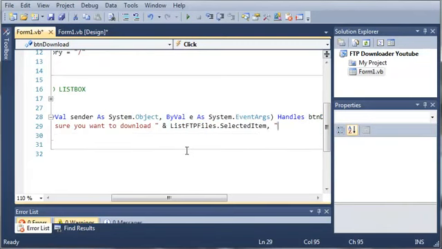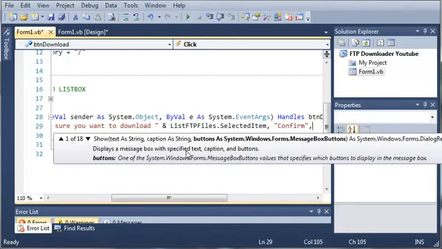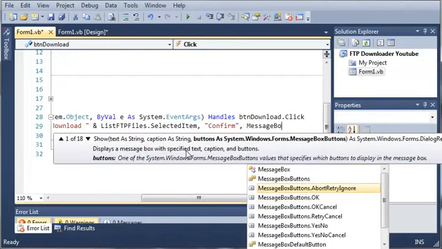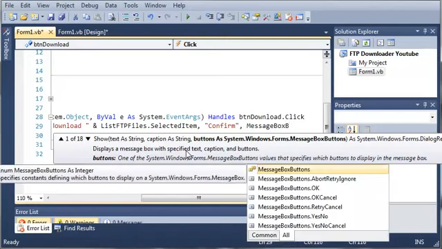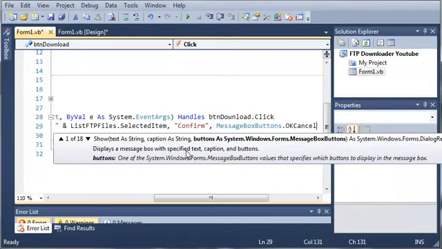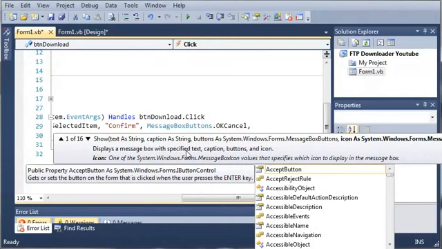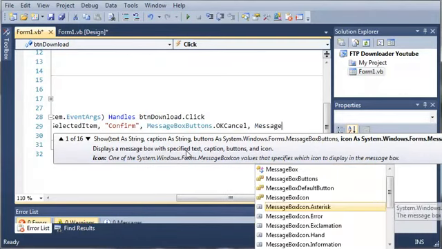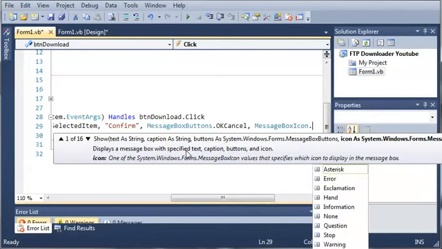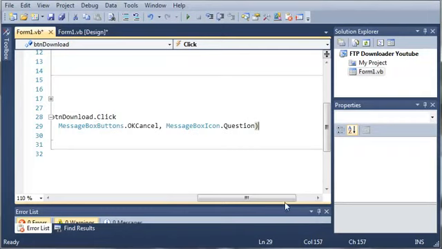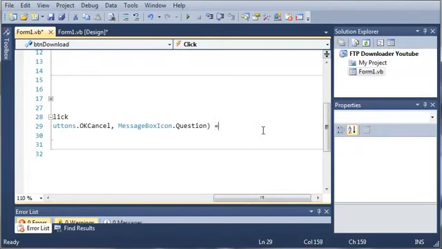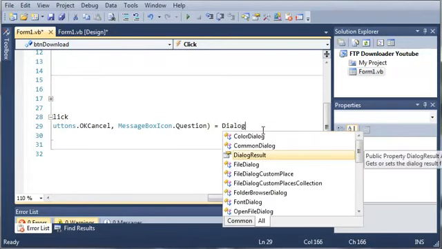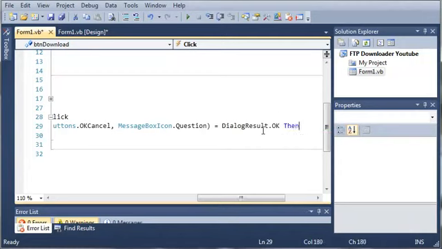And for the title, let's just go ahead and say "Confirm," and then we'll do MessageBoxButtons.OK and Cancel, so they can press OK or cancel the download. And for the icon, we'll just do MessageBoxIcons dot, and let's do a question. Okay, so if this message box is equal to, so if it equals DialogResult.OK, then what do